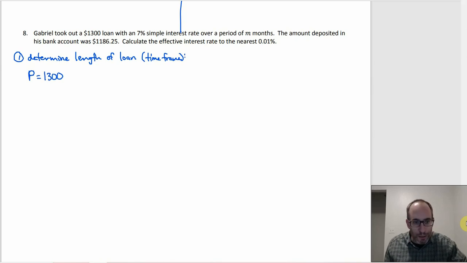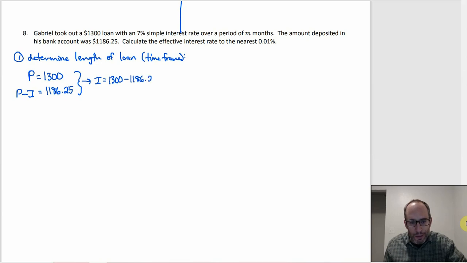We know that P minus I is 1186.25. So if we have both of those, then that means that I should be 1,300 minus 1186.25. So that means that I is 113.75. So that's a piece of information that we're going to need. And then the other thing is that we know what R is. It's 7%. So R is going to be 0.07